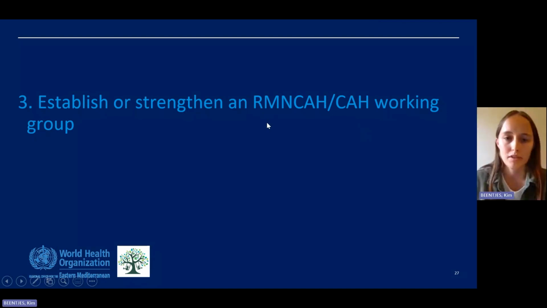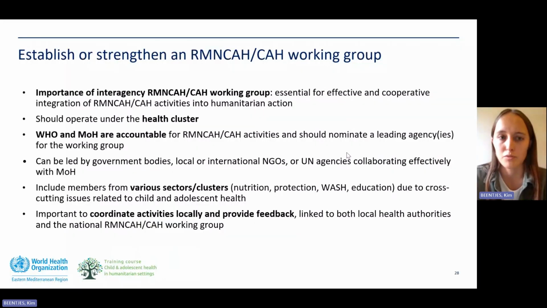And the importance of an interagency working group is that it's essential for effective and cooperative integration of RMN-CAH activities into humanitarian actions, and this should operate under the health cluster. The WHO and the Ministry of Health are accountable for the activities, and it should nominate a leading agency for the working group. It can be led by government bodies, local or international NGOs, or UN agencies collaborating effectively with